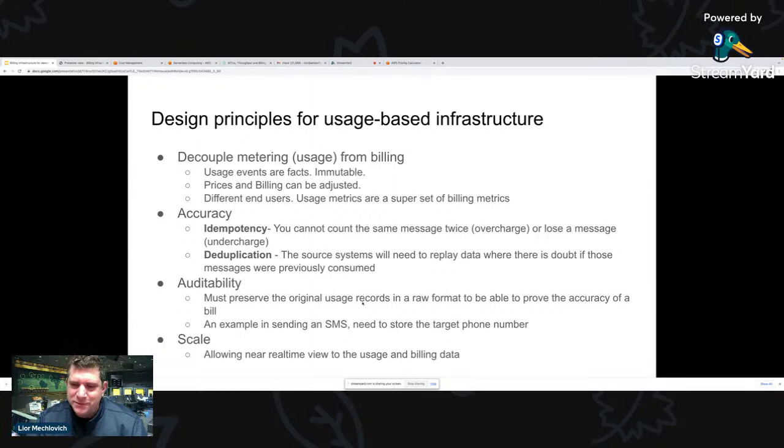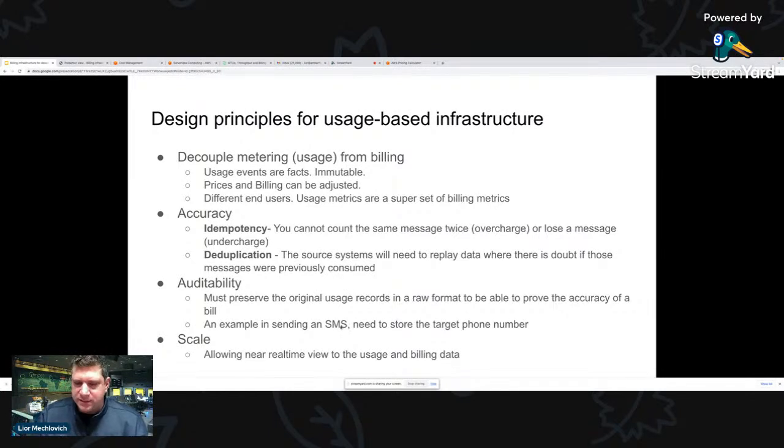If a customer calls, you want to really be able to show them where it was coming from, what the ID was. So at least for a few months, and probably a year, you want to keep the raw format of the events to be able to trace back the original events. Okay, so that's traceability; auditability is very important.